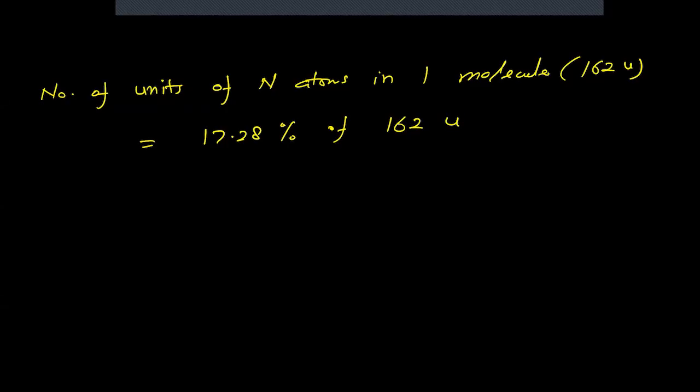Is that clear? Nitrogen is 17.28%, so it will be 17.28% of 162 units. So units of nitrogen will be 17.28% of the total, that is 17.28 divided by 100 into 162 units. So these many units are there of nitrogen